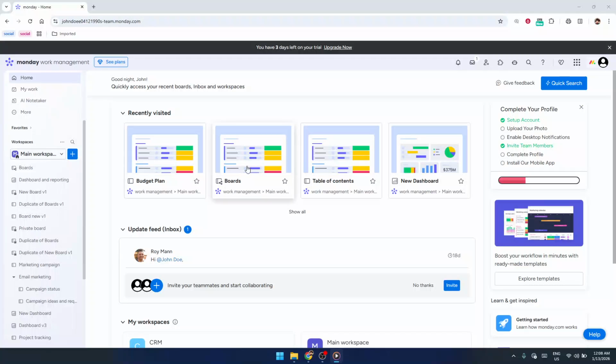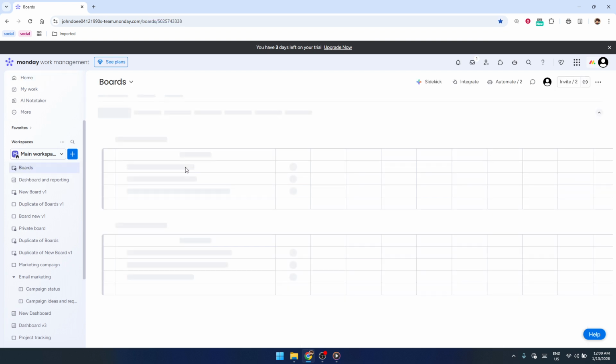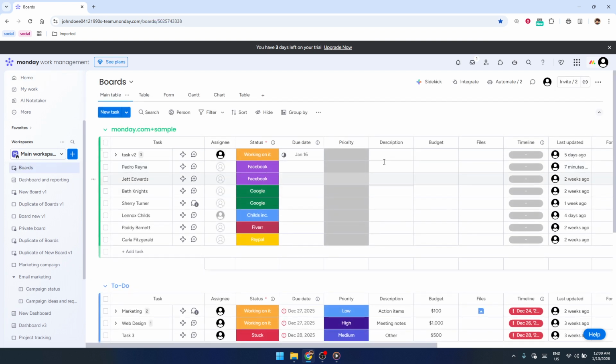In today's video, I'm going to teach you how to connect OpenAI ChatGPT-4 with Monday.com. We're going to focus on the easiest and most direct method, which is using Monday.com's built-in AI capabilities. This gives you ChatGPT-like functionality right inside your boards, without needing to touch any code, APIs, or complex integrations. By the end, you'll be able to summarize updates, draft messages, and extract information using AI, all from within your